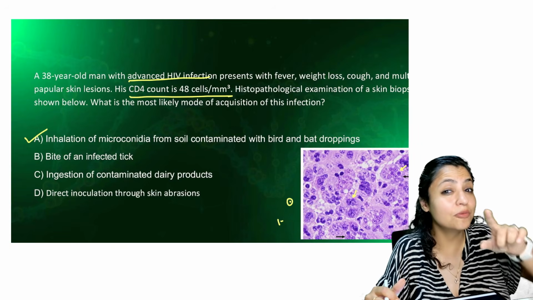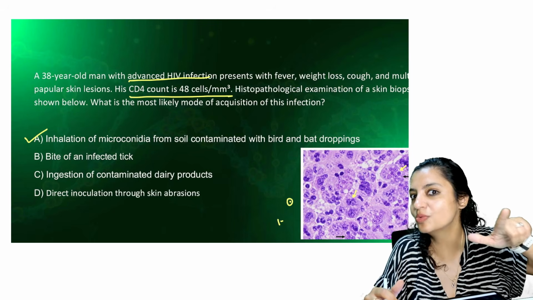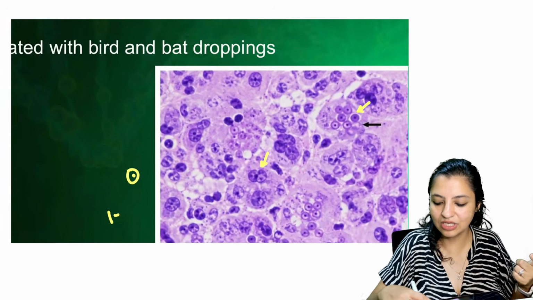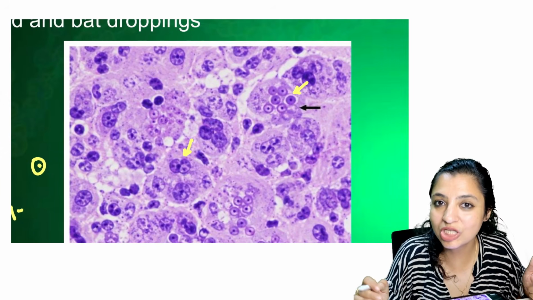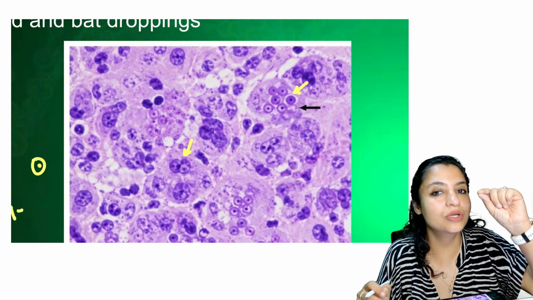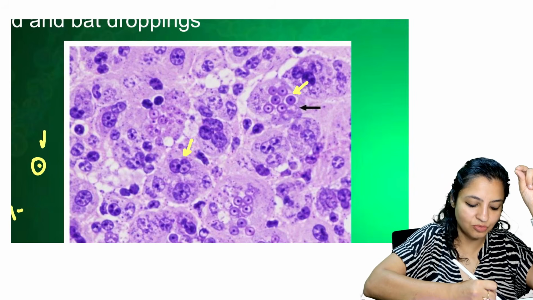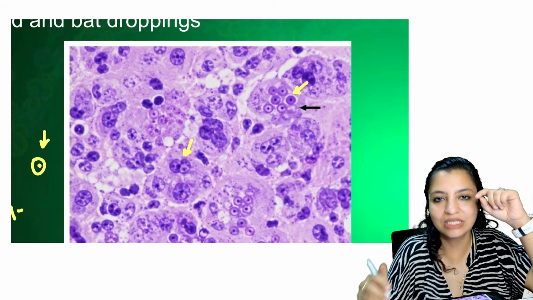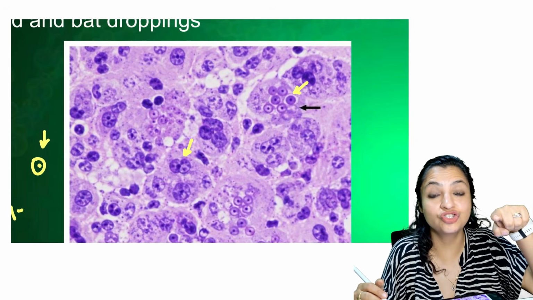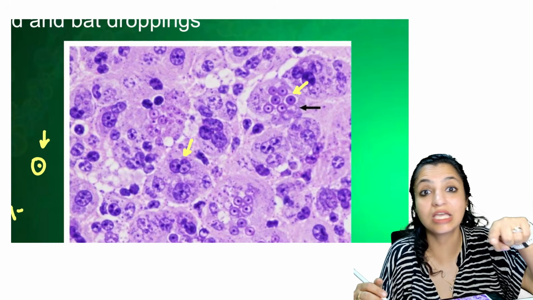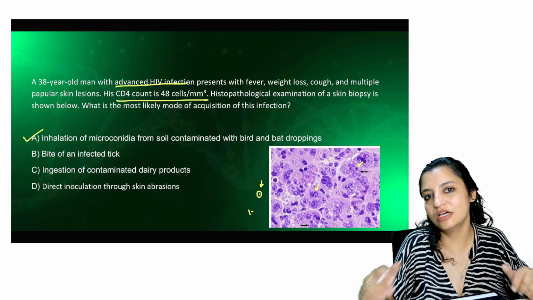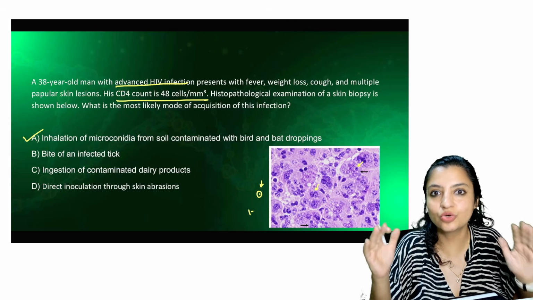Typical again. I had posted this 2 days back also and given you this in rapid revision also. Typical CD4 count is less than 50 and the patient is having this, on high power. Can you see this? These are the small spores. Do you remember that? Small 2 to 5 micron spores, which I've told you so many times. If you see the small spores surrounded by a halo like this, it is Histoplasma capsulatum, and these are small budding spores. You have to differentiate it from Leishmania donovani, which I gave the image also, which is dot and dash appearance. So remember, when the CD4 count is low, the question was not what is it, the question was how is it spread.